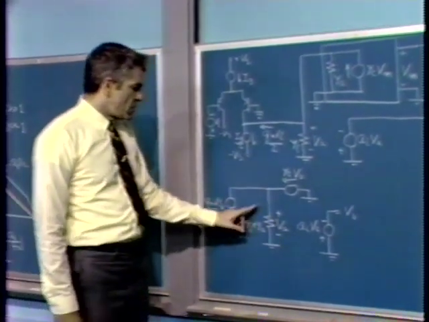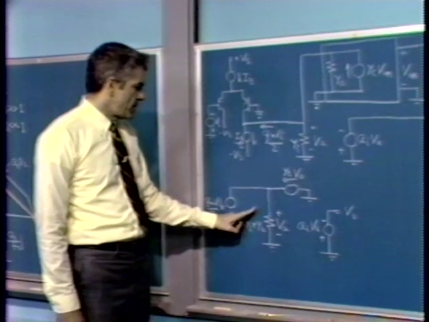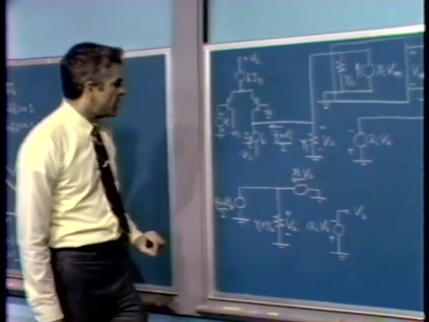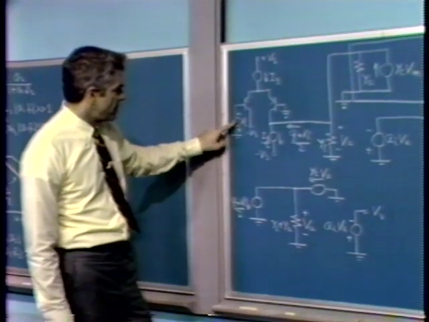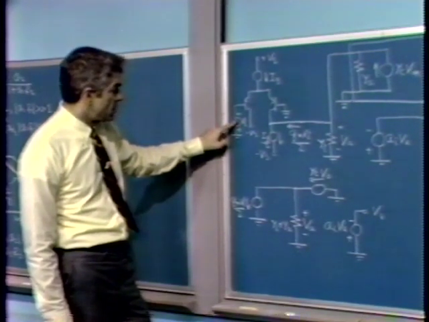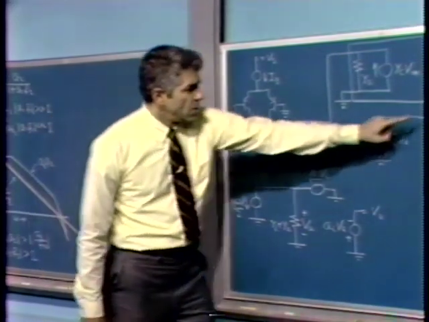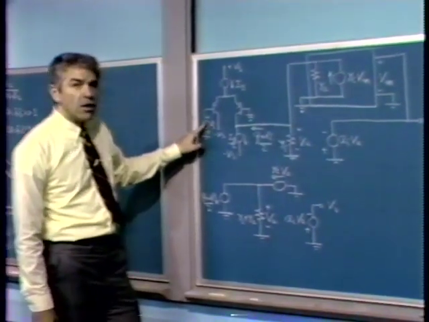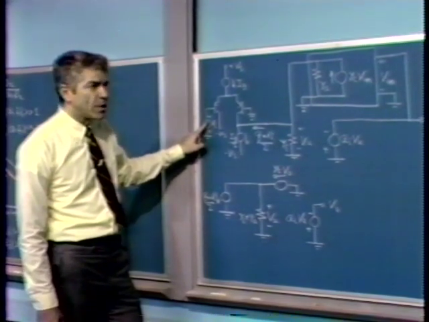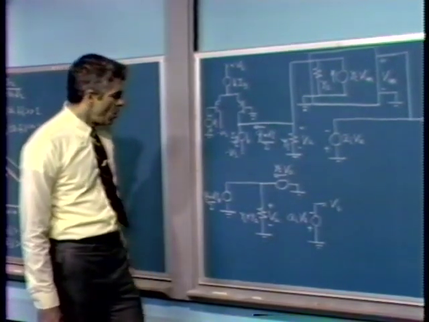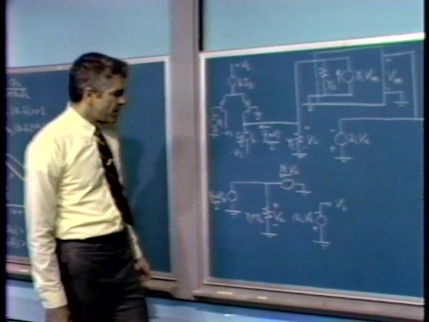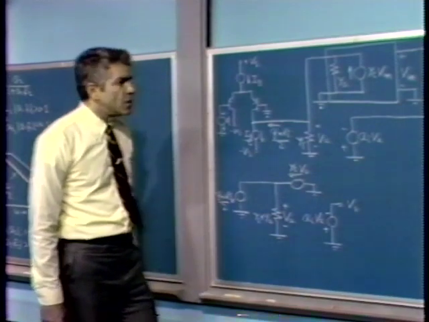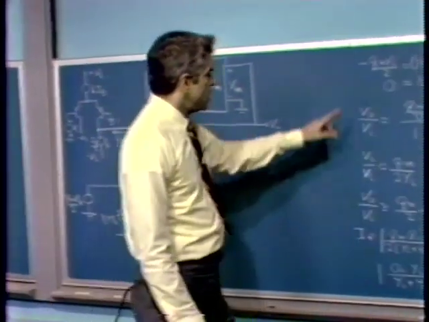We can then use this representation to determine what becomes the open loop transfer function of the operational amplifier. We, of course, have considered the operational amplifier from an input applied to the differential input stage to the output of the amplifier. So this is what we commonly consider the open loop transfer function of the operational amplifier. We can most easily determine that quantity by first writing a node equation at this node, and that's the equation